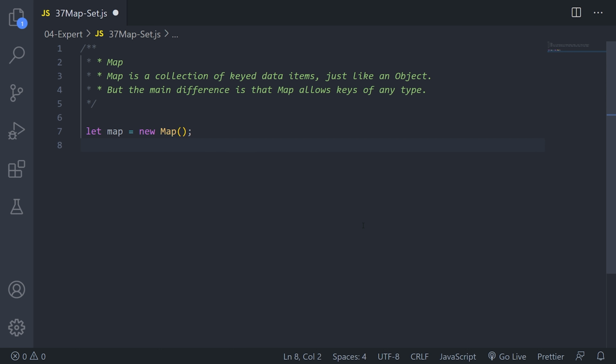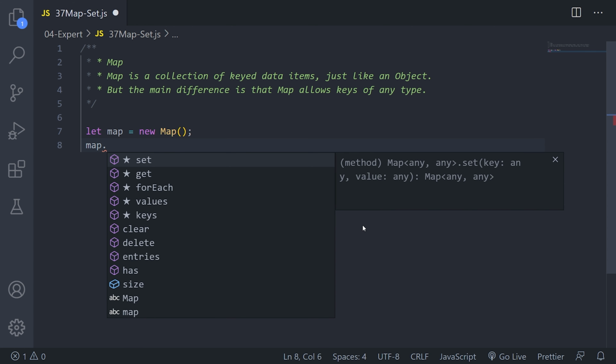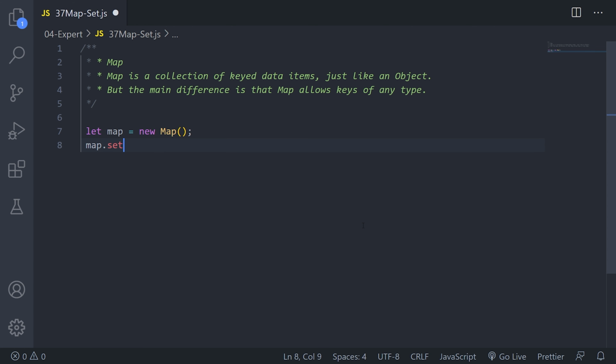There are many ways to insert keys and values into it. Let me show it to you. Map.set, so these are the methods available. We will use the set method first, and I'll give you one example. Let's say I'm adding the key 1 and the value I will add is the number 1.